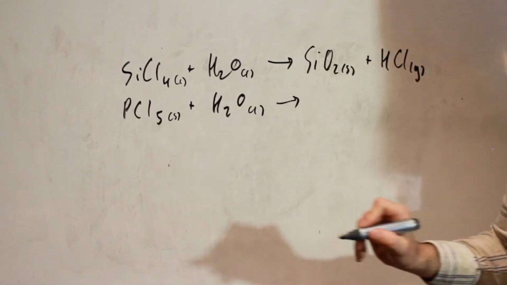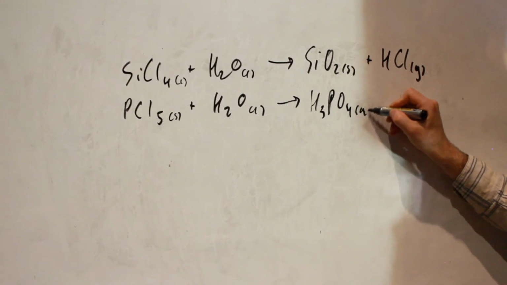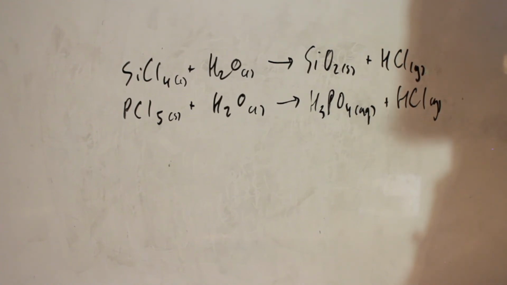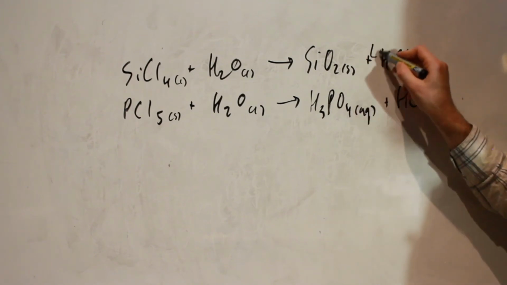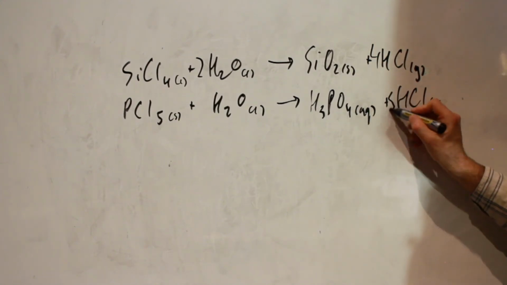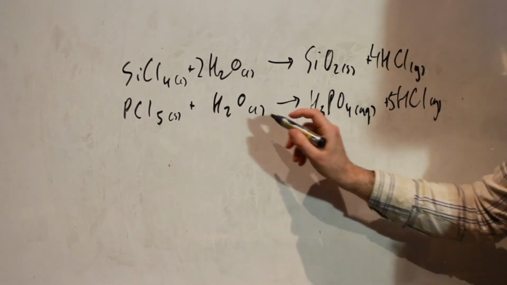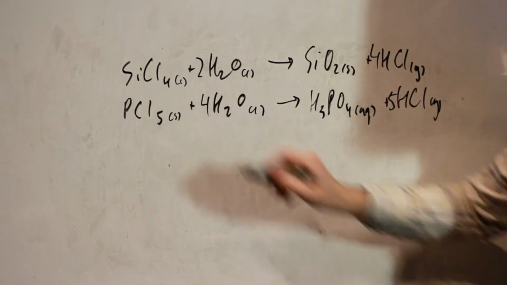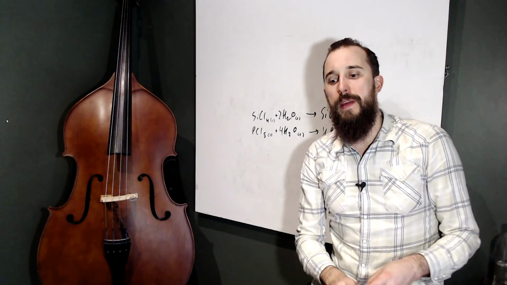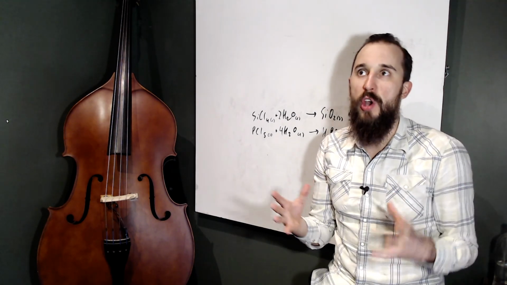PCl5 plus H2O, a bit similar. What we form is an aqueous phosphoric acid and our HCl gas as well. And they should all be nice and balanced. No, they are not. Let's have a look here. So we're going to want 4 of those, 2 of those. That should make the top one balanced. And then at the bottom, we're going to have, well, let's have a look, 5 of these. And then 4 of them. And that should be our answers there. Now, sulfur dichloride also reacts to form hydrochloric acid, but that's not an equation that we need to know just at this point. Excellent. So let's conclude this periodicity lesson by branching out a little bit beyond just our period